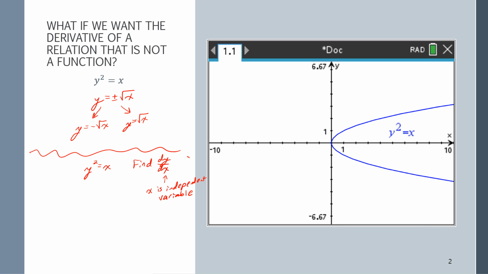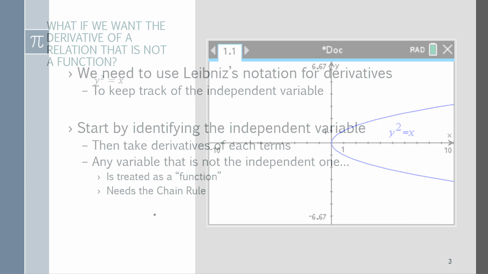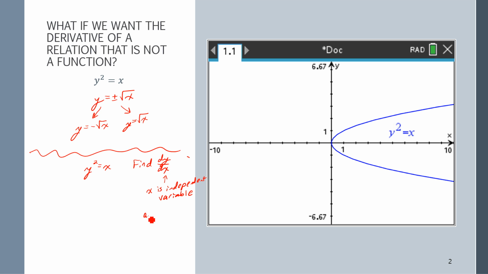So if x is the independent variable, that means anything not x is dependent. And I'm going to have to treat it like it's an unknown function that needs the chain